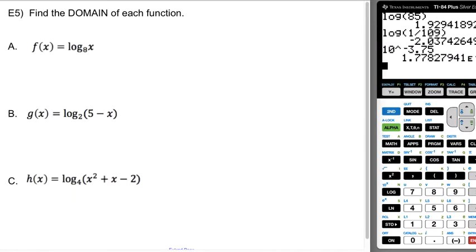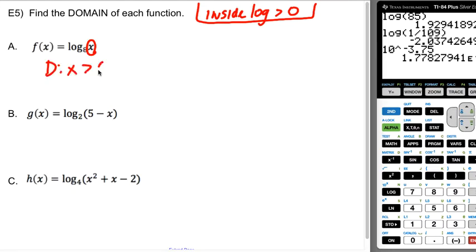Okay, moving on. So we're going to find the domain of each function. These are all logs, right? So remember that with logs, the inside of the log has to be strictly greater than 0. That's the rule. Okay, the inside of the log has to be strictly greater than 0. So in this case, the inside of the log is just x. So the domain of this function is just that the inside of the log is greater than 0, no math required. But for the second one, the inside of the log is 5 minus x, which has to be